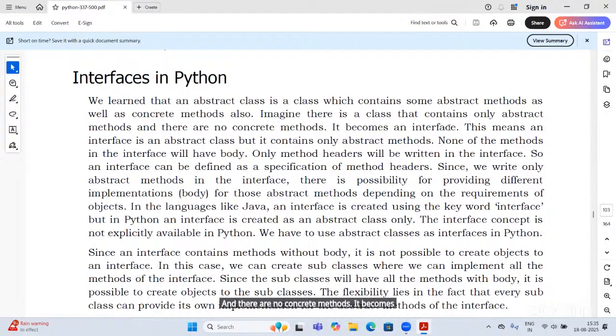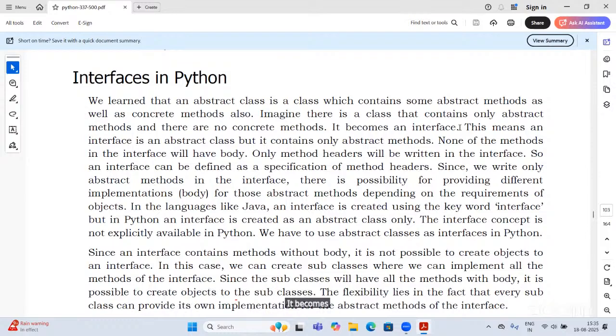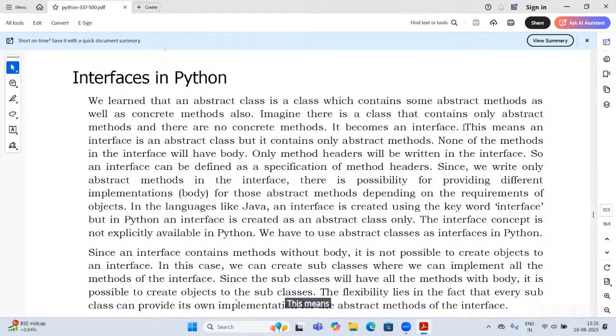It becomes an interface. This means an interface is an abstract class, but it contains only abstract methods.